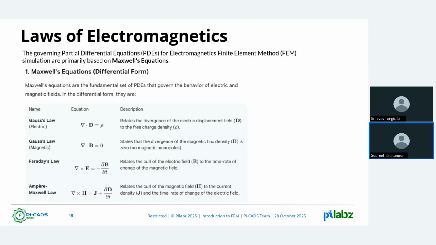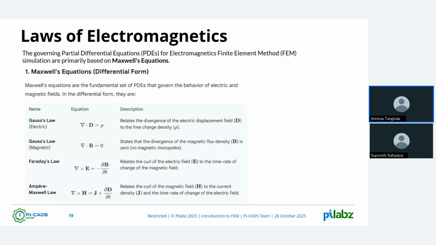Right, sir. So I'll now hand over to Tangirala. Sir, you can take it. Yeah, thanks, Supreet. You have now seen the stress example as well as the heat transfer example. Now we will look at